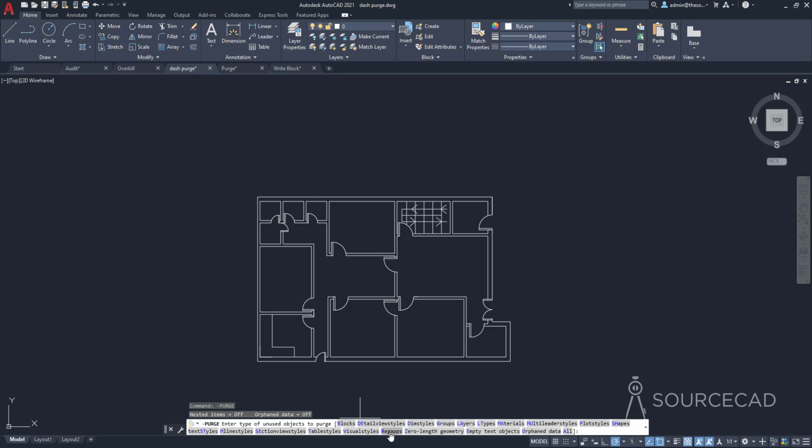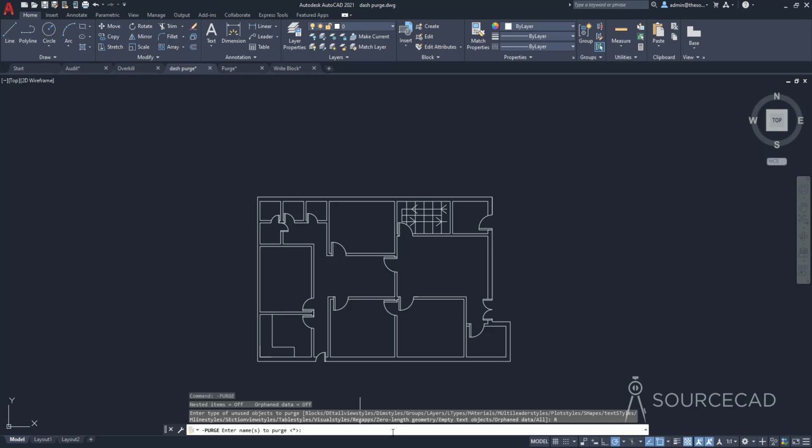So if you want to delete these objects, you need to use this -purge command, and this really helps in cleaning up your drawing even further. So to clean up the regapps, just click here, and now you need to select the name of your regapp. If you want to select the name individually, then press enter, and it will show you all the regapps which are available here, and you can just delete them one by one, which is not a very efficient way